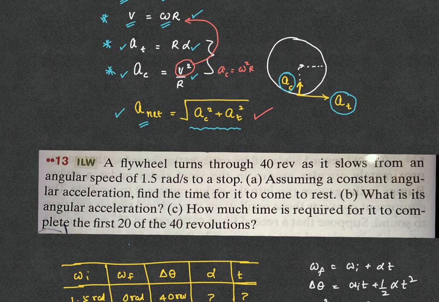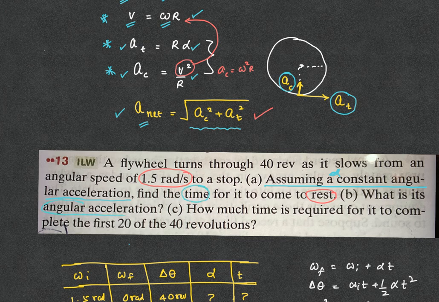Now there are a couple of important words here. Assuming a constant angular acceleration, this means alpha is not changing, alpha is a constant. And the second thing here, using the red pen now: finally the flywheel comes to a rest. That means final velocity equals 0. And then initial velocity is given as 1.5 radians per second. And the question asks us to find the time it takes, that's the first part, and the second part,